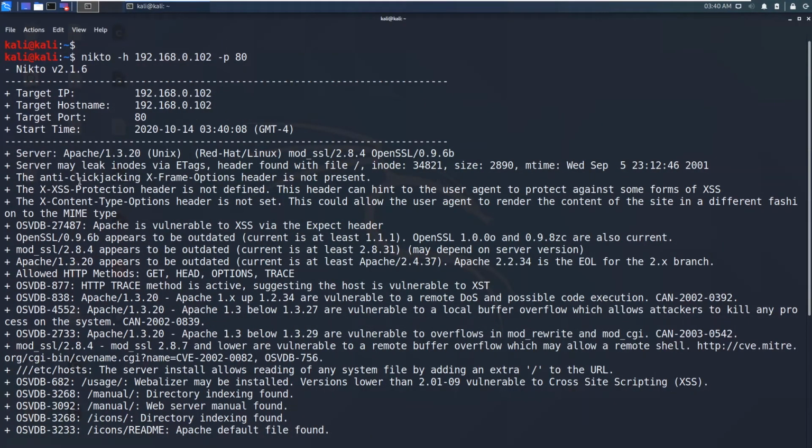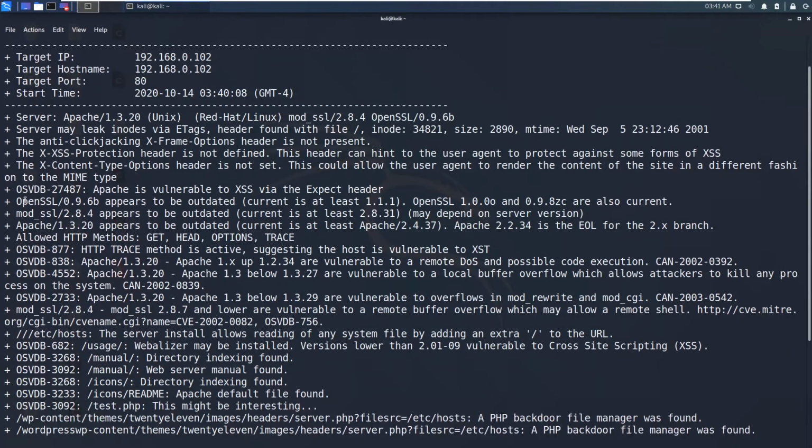So you can insert an iframe into your own website which is linking to this website, so clickjacking might occur for this website. That is one of the vulnerabilities. You can also see the XSS protection header is not defined, so this is a good place to start searching for XSS vulnerabilities.